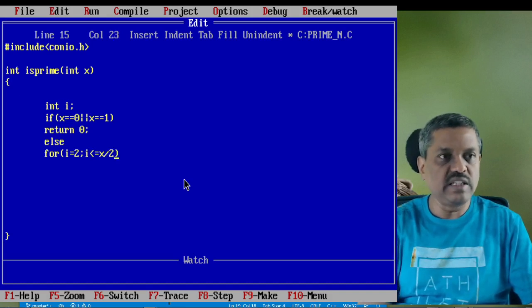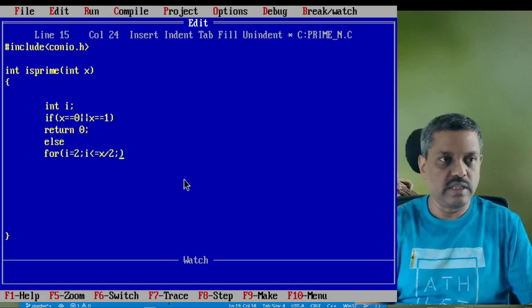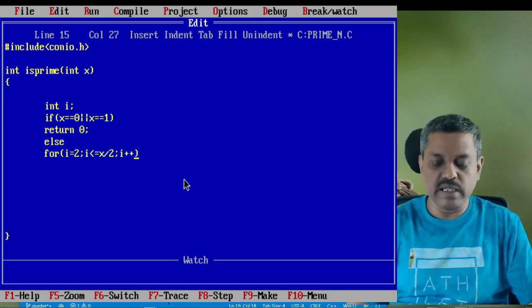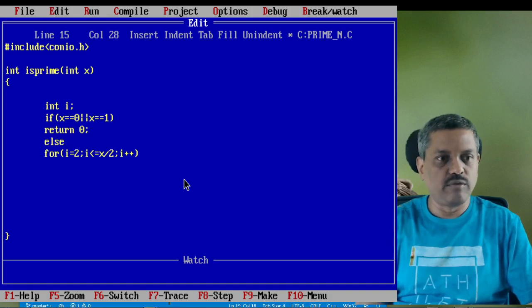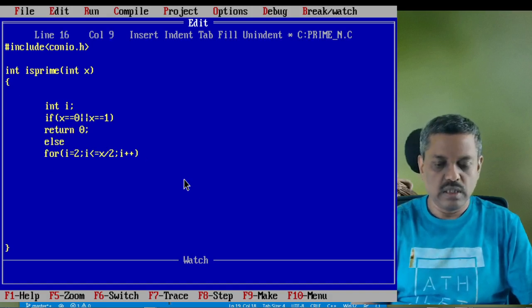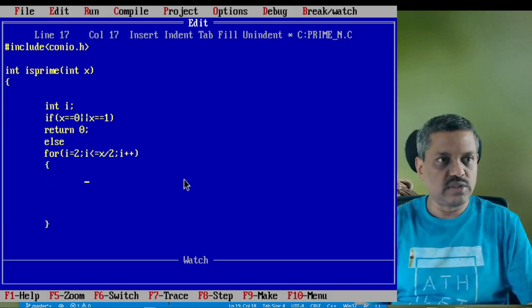That means half the way is enough. Definitely it will tell you whether it is divisible or not, and then keep on incrementing one by one. So this is the kind of condition for the for loop, and then of course it will have its own statements to be handled. So what are those statements?